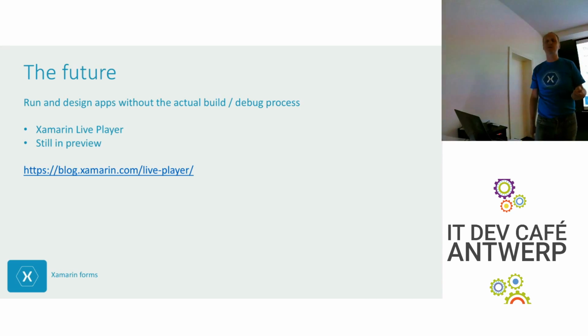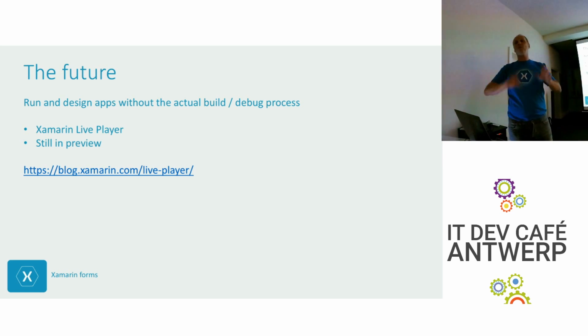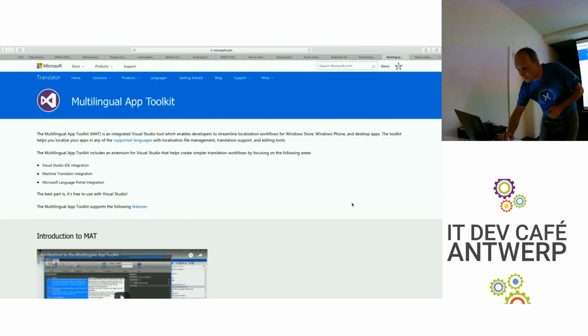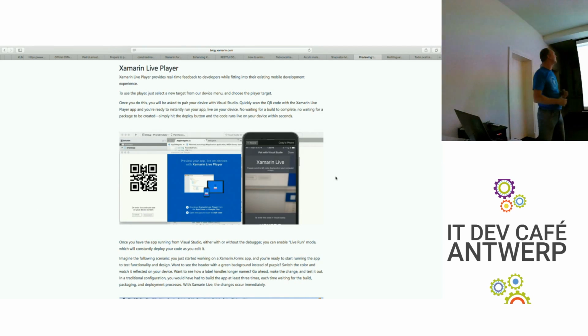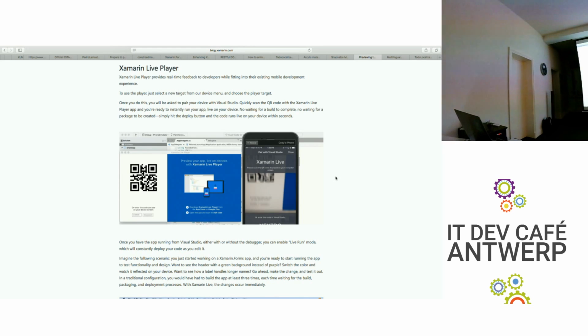So what did the guys from Xamarin say? The new way of working will be using the live player. Also for that you need to run a preview, but there's a neat GIF available on the website. So the live player, how does it work? The first time you start it up in your project, you will get a QR code. You need to download a special application on your device, and with that application you can sync, connect the two, your project with your device, and after that